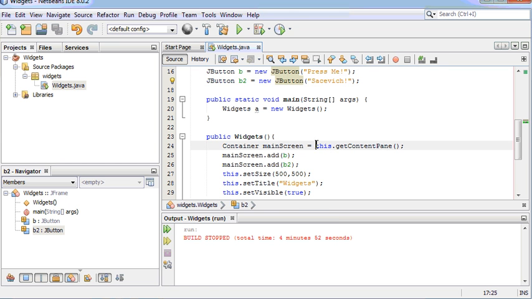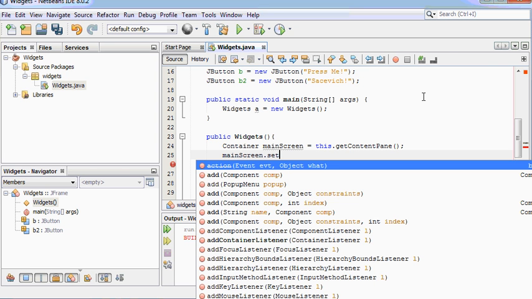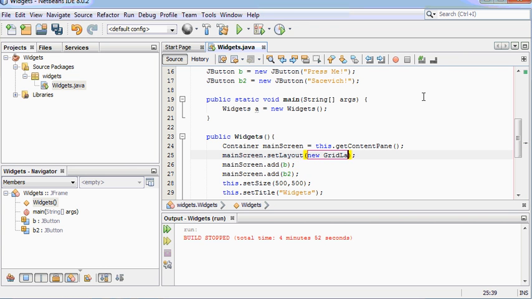So now what we want to do is set it up so that our buttons don't end up right on top of one another. And to do that, what we're going to have to do is set a layout. There's multiple different types of layouts that we can use. The first one I'm going to use is a grid layout. So I'm going to set the layout for my main screen. Dot set layout. And then right inside here I'm going to say new grid layout